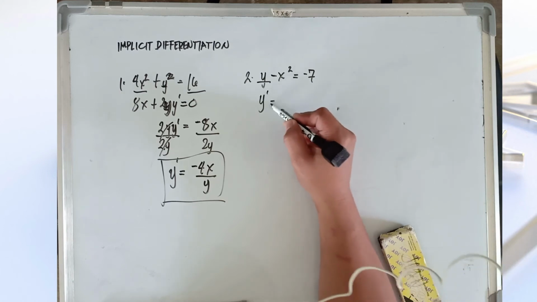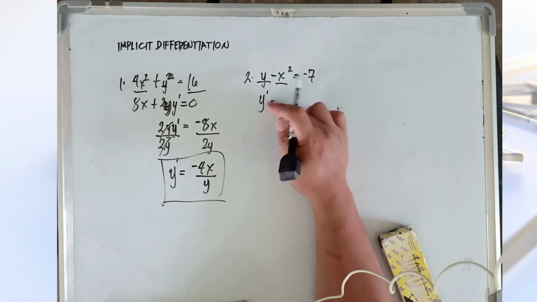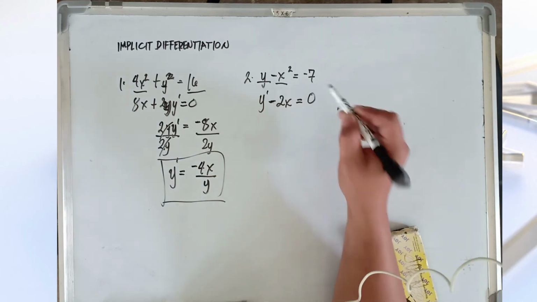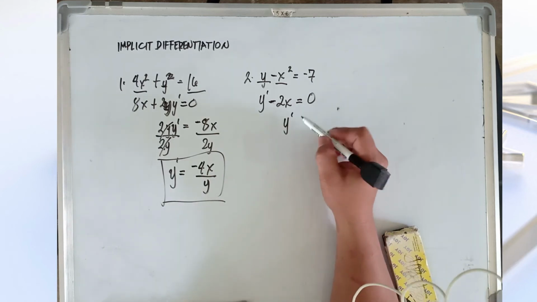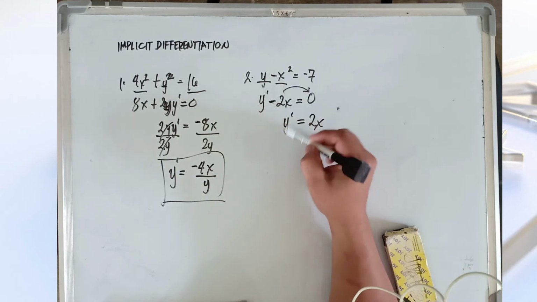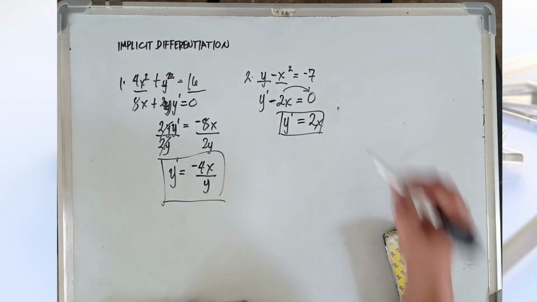That's y prime. The derivative of x squared is minus 2x, equal to 0. And we have y prime is equal to 2x. Just transpose that to the other side. So we have y prime is equal to 2x. Now for example number 3,